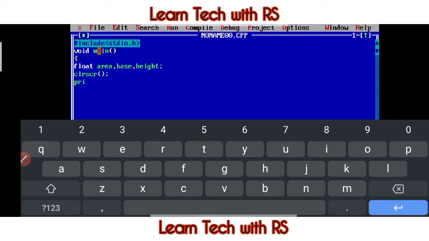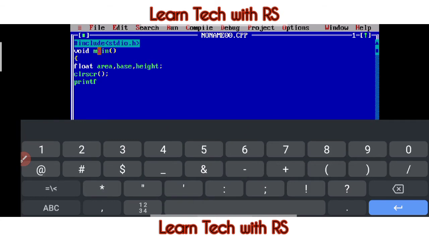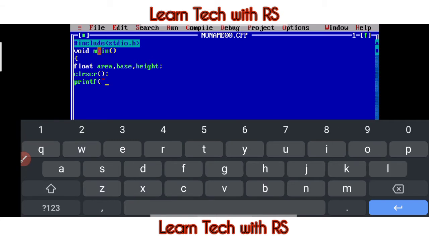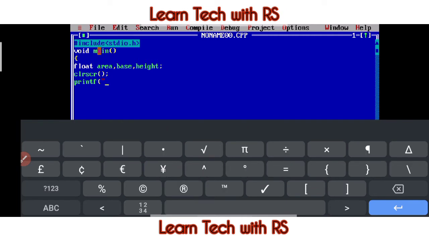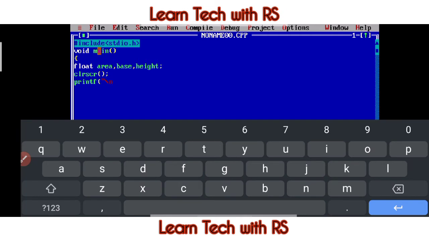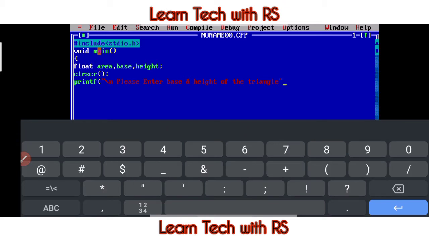So printf function, print function, bracket open, in inverted comma you have to write, since we want to start it with the new line, so \n, space, then any sentence you want to put, like, please enter base and height of the triangle, for which you want to find the area. Then again break. Okay,